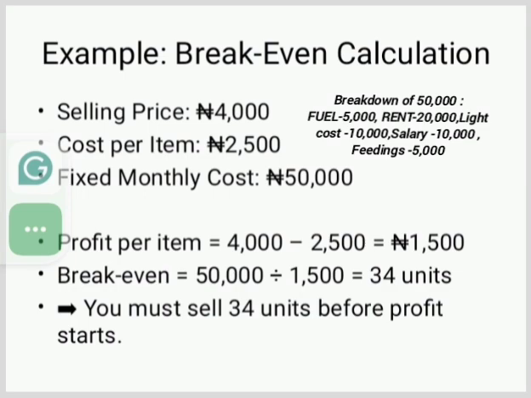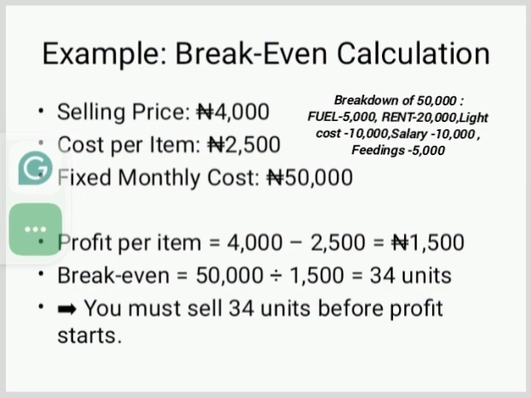I'm making an assumption. If everything costs 50,000 naira, that is my total running cost. I'm just giving you an example. Your own total running cost might be different, but every other cost you incur to enable you run your business, whether you sell or not, is what is going to make up your running cost. Now if I assume that total of all these costs for me is 50,000 naira every month,